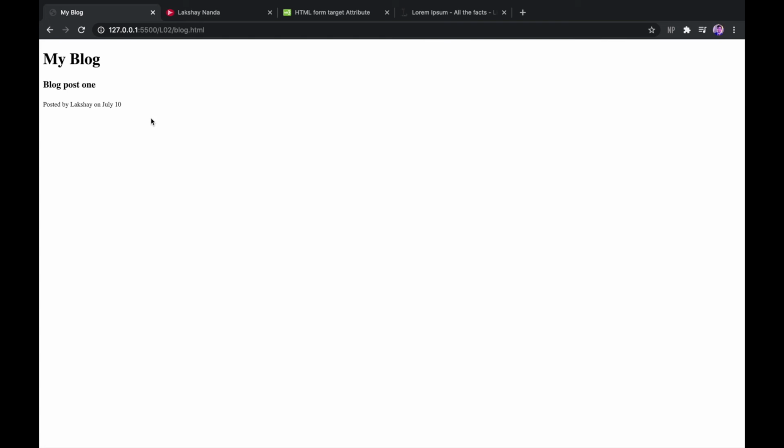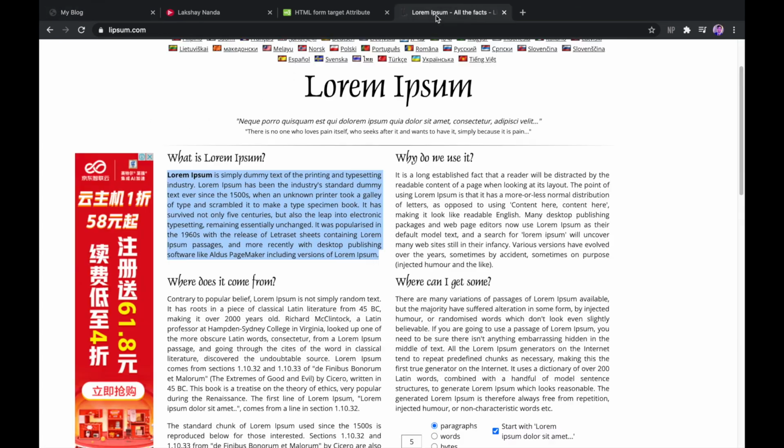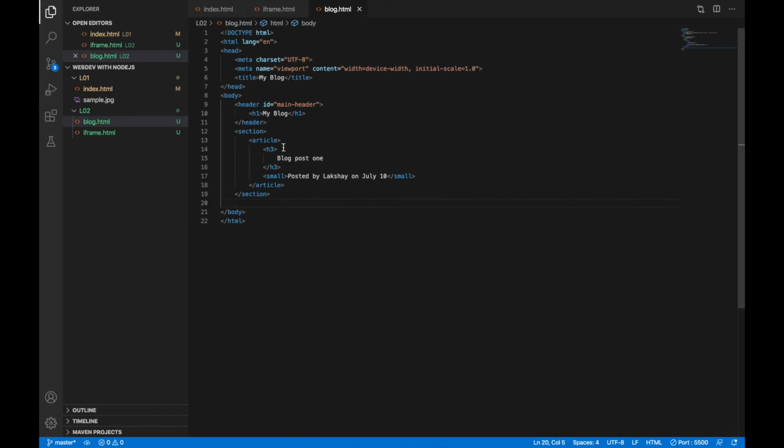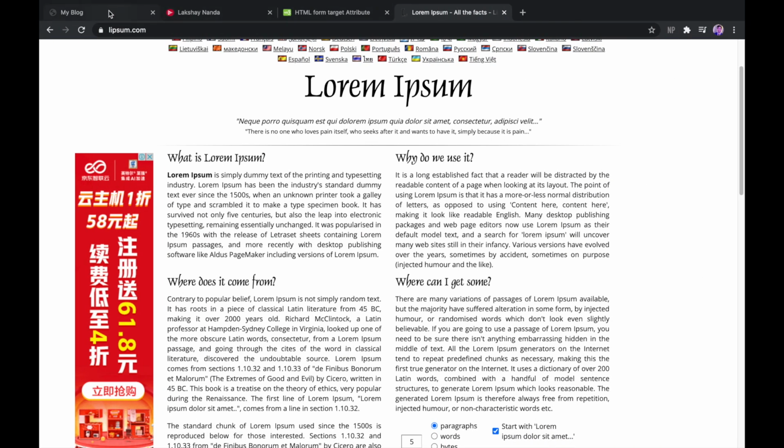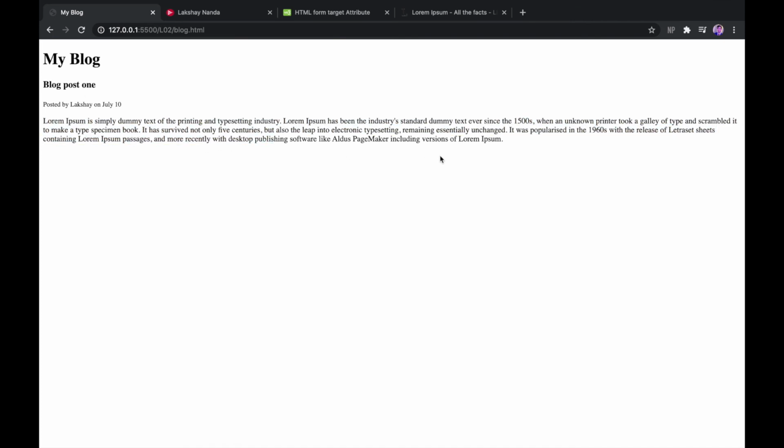Now if for example I need to add some text inside of it, what I'll do is that after this small I can add a p tag and paste. So I have a text with me here.